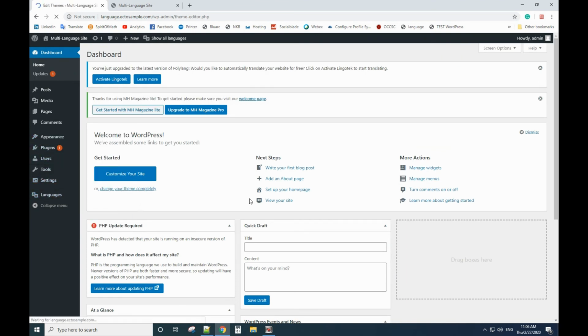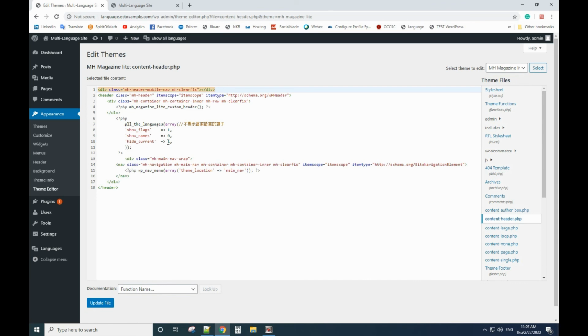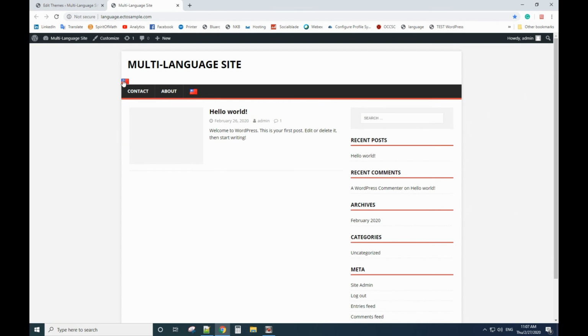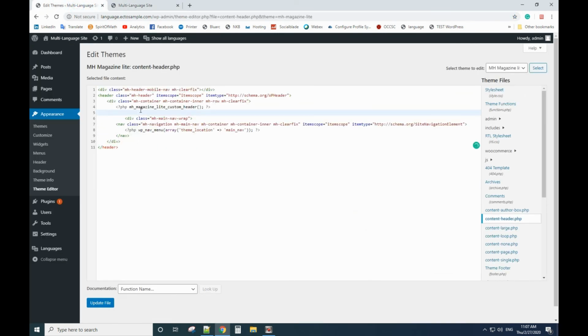Okay. Content header. Now we need to delete these things because this one is the small flag here. We delete that, and for the first part,